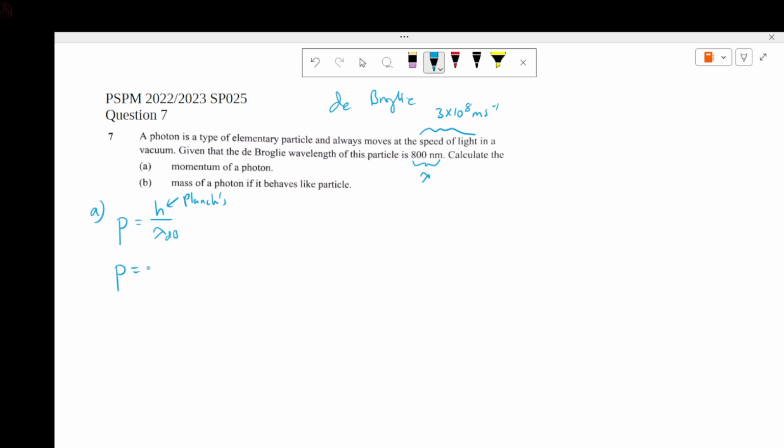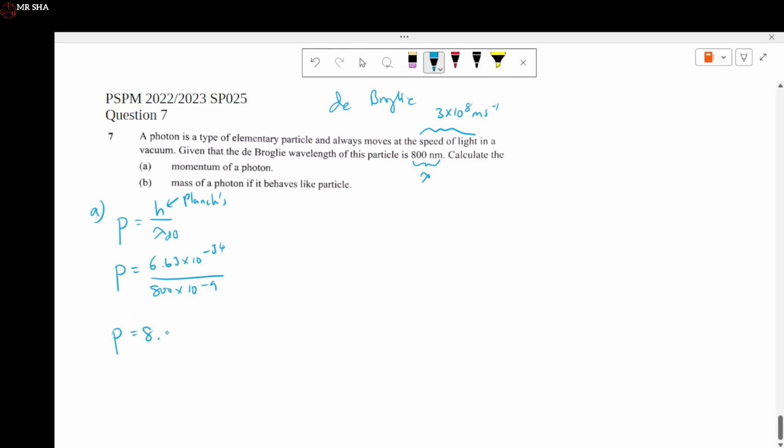So it's fairly direct. If you look up your value for Planck's constant, it's going to be 6.63 times 10 power of negative 34, over the wavelength. So the wavelength is 800 times 10 power of negative 9. Now if you key that into your calculator, what you'll find is that it will have a momentum. Let me just check. Yeah, you will have a momentum of